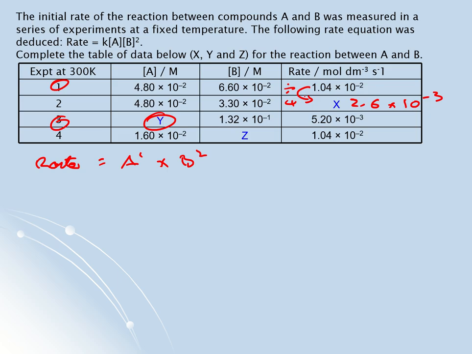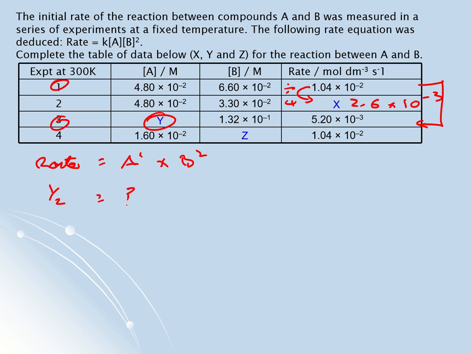So from experiment 1 to experiment 3, let me just calculate that, I don't want to get that wrong. So we've got 5.2, 1.04 times 10 to the minus 2 divided by 5.2 times 10 to the minus 3. So that's halved, should have known that. So that has halved